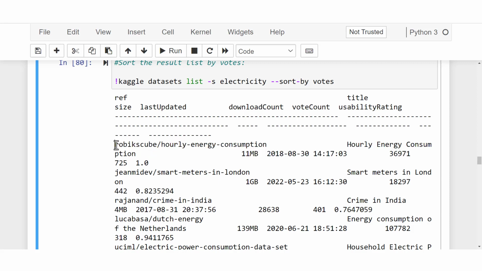Okay, so right here, I'm going to make use of this first electricity or energy consumption data set. Here you can see the profile name of the person who uploaded the data set, and you can see the name of the data set, hourly energy consumption. That is the data set I'm interested in. So I'm going to use the Kaggle command line to interact with this API and download this data set